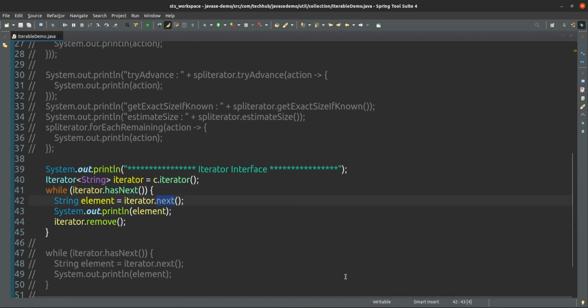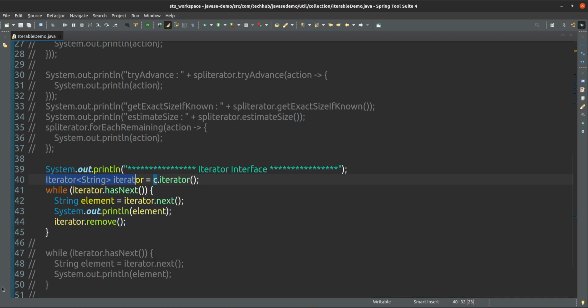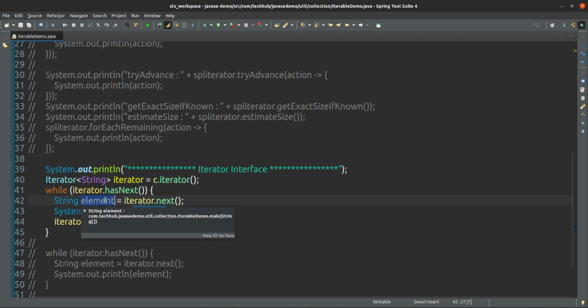Inside this loop I am calling iterator.next. If you have newly created an iterator from this collection, the index is pointing to the zeroth position. When you apply the next method on this iterator, it will return the element at the present index, from the zeroth index, and the cursor will move to the next element.